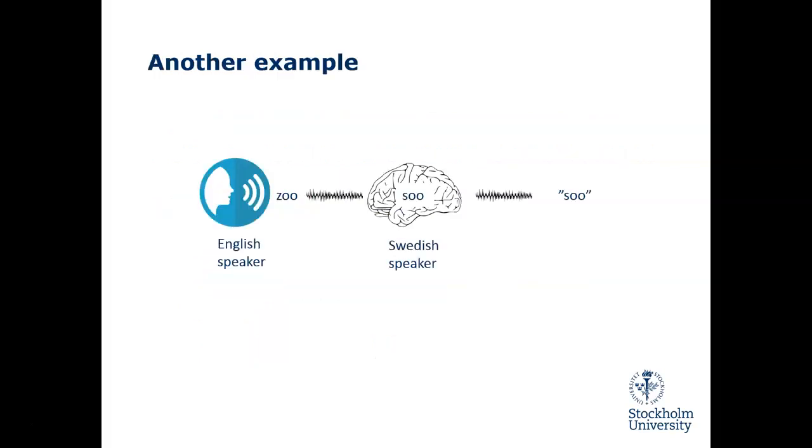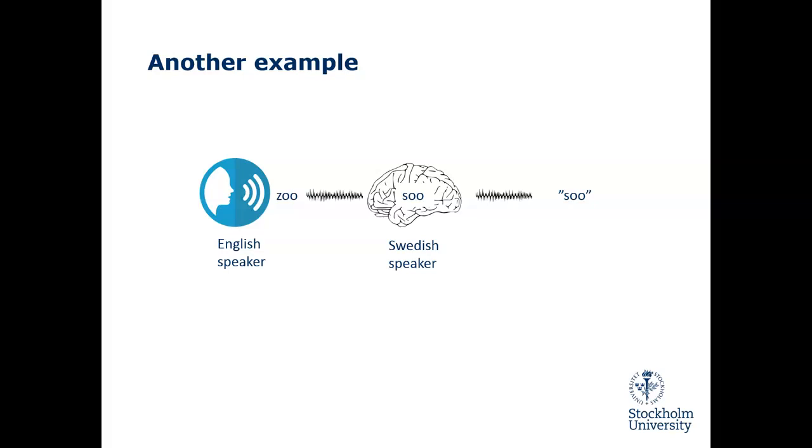Here's another example. English has a distinction between the z sound and the s sound. Swedish does not have a distinction between the s sound and the z sound. So, when Swedish speakers hear English speakers saying the z sound, they often incorrectly hear it as an s. So an English speaker might say a word like zoo, and a Swedish speaker will hear that as an example of soo. And therefore they will store that word with the s sound in their brain because that's the sound